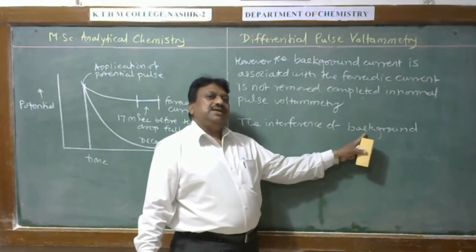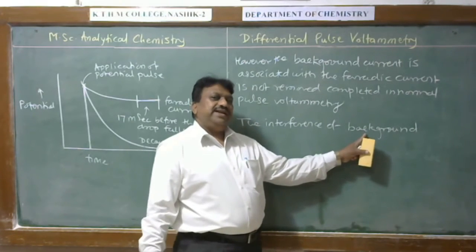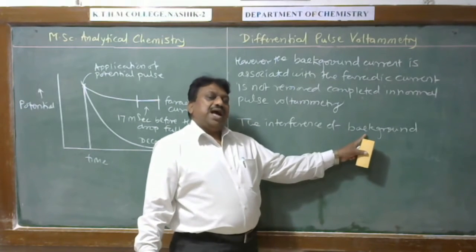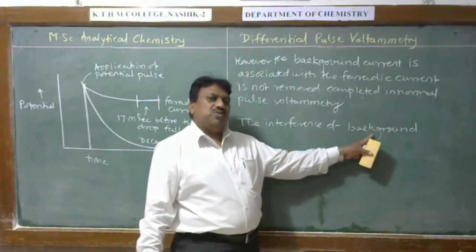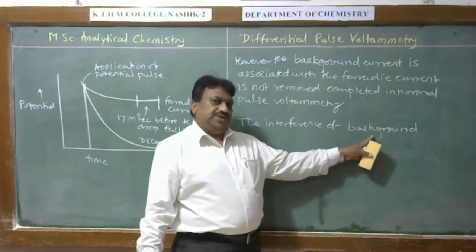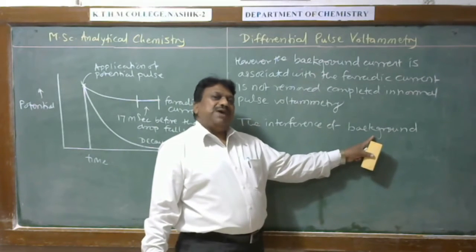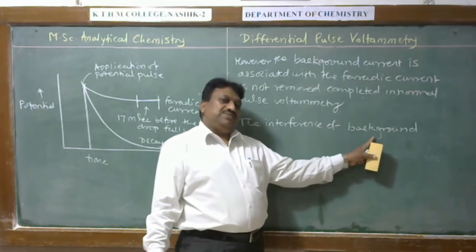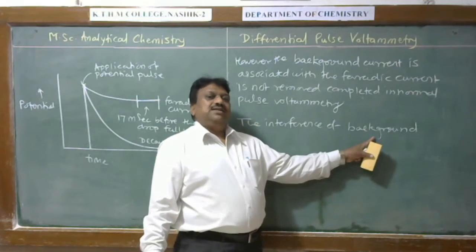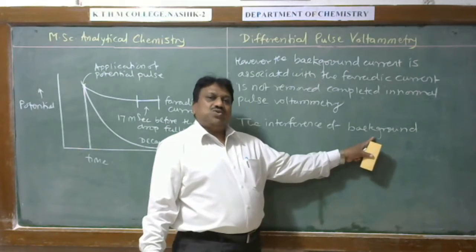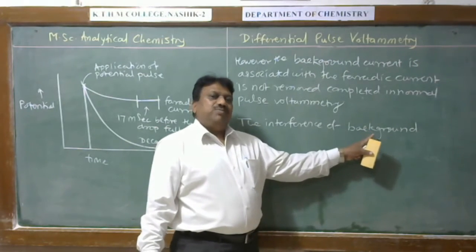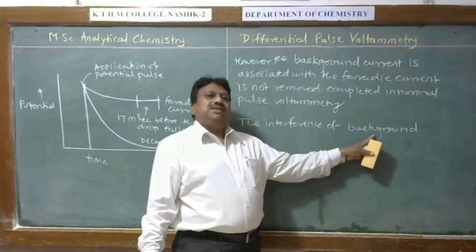Background current is generally related to the nature of the electrolyte solution or analyte solution, as well as the supporting electrolyte and other ingredients present in the sample solution. Due to this, the background current is always associated with the Faraday current, and its interference decreases the sensitivity of measurement, and so in order to increase the sensitivity by removing this background current,